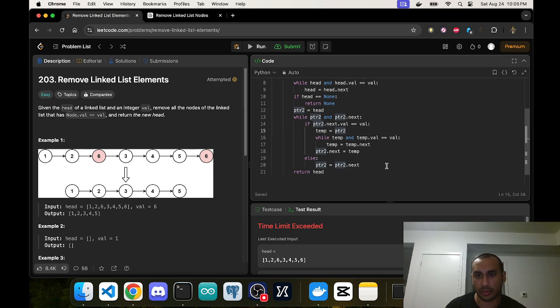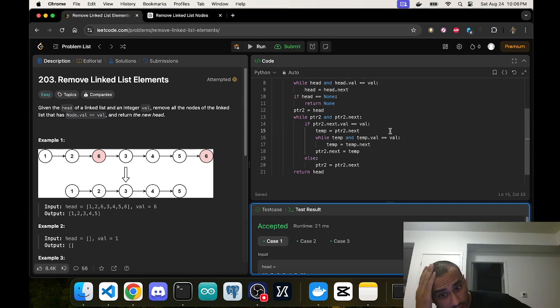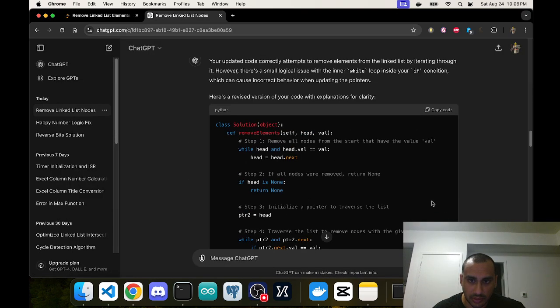We already know pointer2 is good. That should fix it. Okay, so this ChatGPT answer was wrong initially, so that's why I had to add the